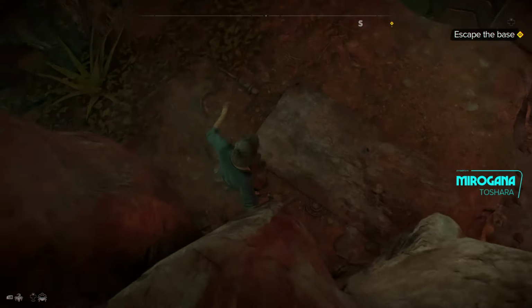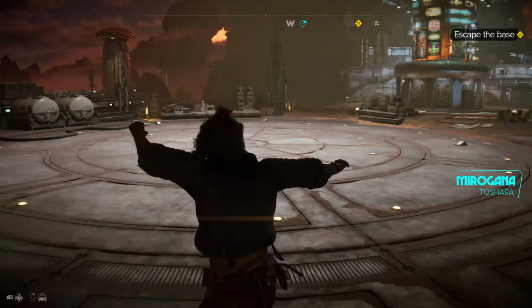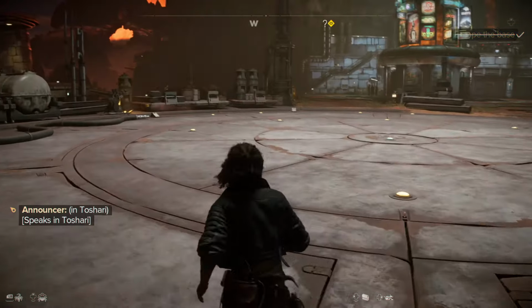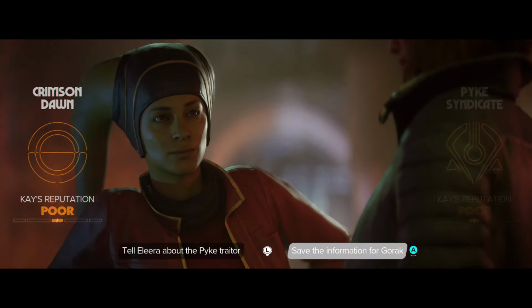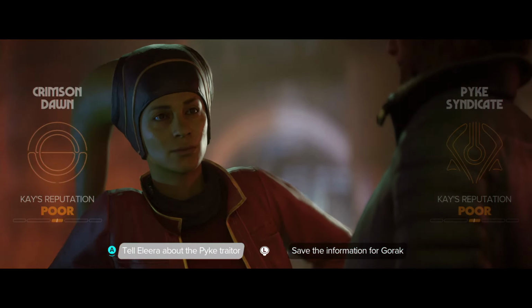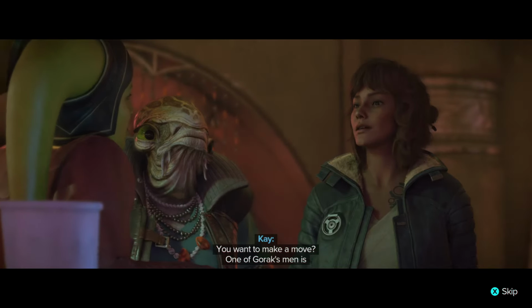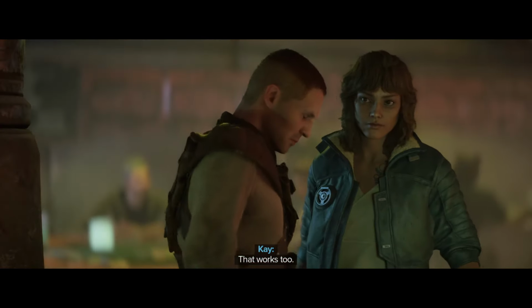Once I wrapped up here, I was spit back out to the city parking lot and got to make my way back to the cantina, where I was given my first major choice of my playthrough, which was the faction I wanted to turn the quest into. This would impact who I would gain rep with and who I would lose rep with. I went with the Crimson Dawn for now, which hurt my rep with the Pikes, and continued